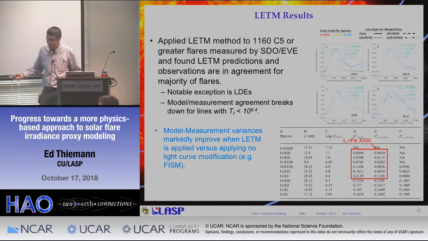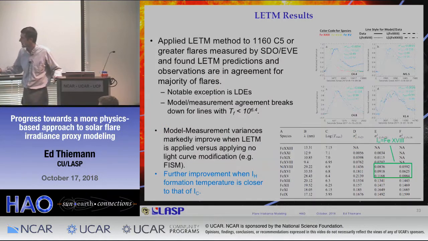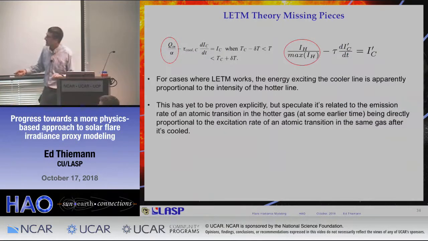And then we found that if you used two lines that were closer in temperature, you got even better agreement. And so we used the iron 18 line as well. And so back to the hand waving. There are some missing pieces. We were able to derive this fairly directly, but